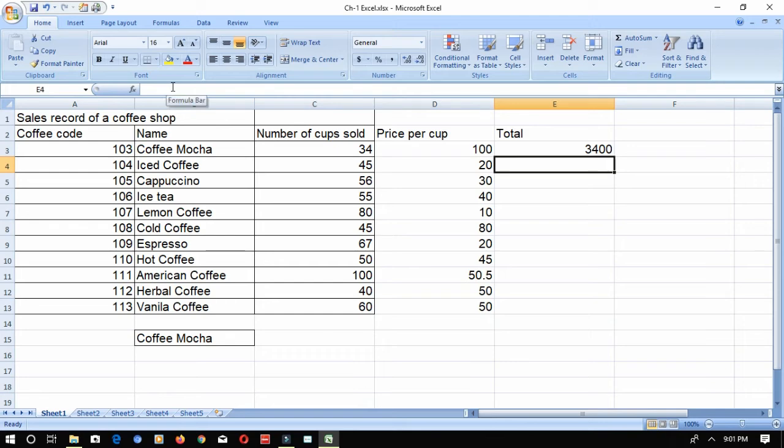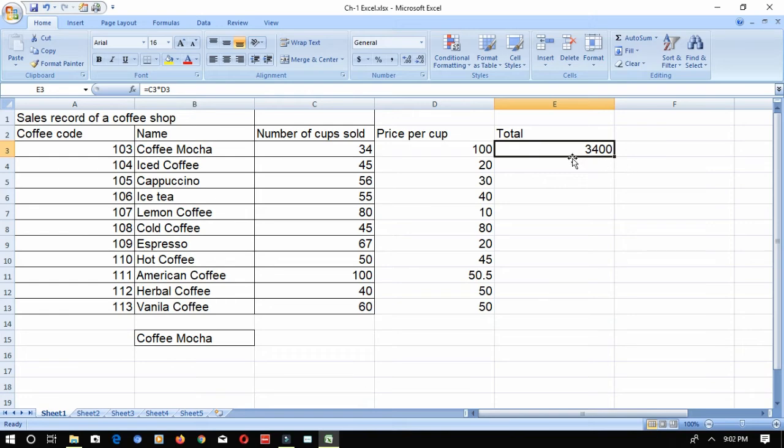Got the answer? The same way, if you want to do addition, you have to use the plus symbol. If you want to do subtraction, minus symbol, division, forward slash, like this it will go. Now you have done a formula in one particular cell. The same formula you are going to repeat for all the things, so you need not type the formula again and again. What can you do? You can copy the formula. That we call cell referencing.